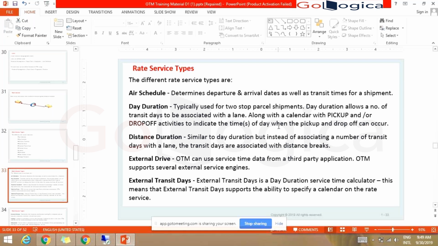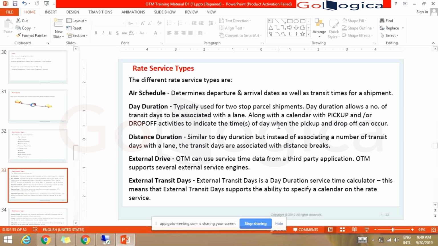Yeah. So, external drive is basically a third party application, as I was telling you, right? It supports the external service engines like PC Mailer and all. So, when you are using the third party service, we'll use the external drive. The third party applications we cannot see here because it's all different. But Samrin, you might be knowing how these third party applications will work.